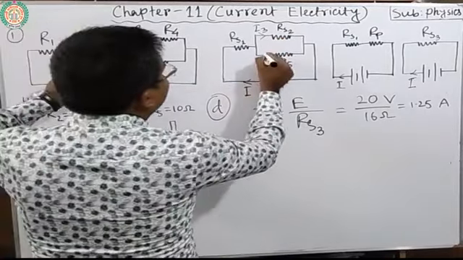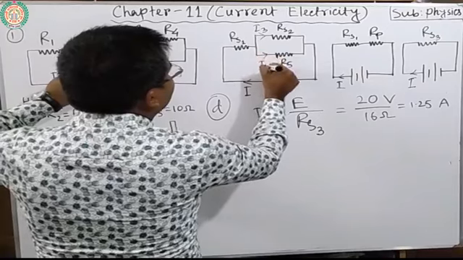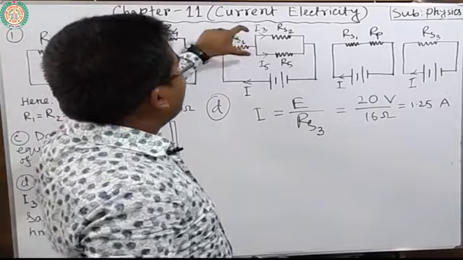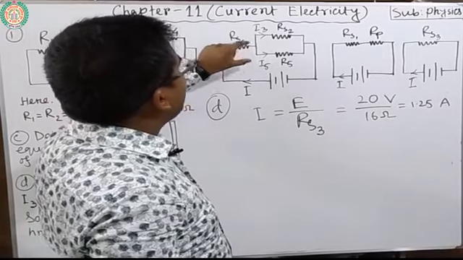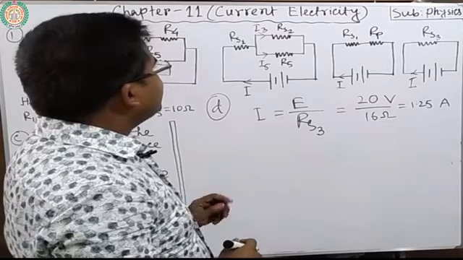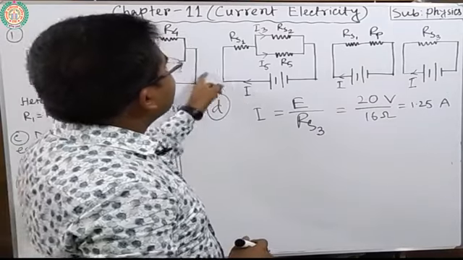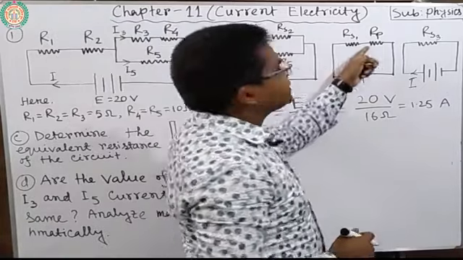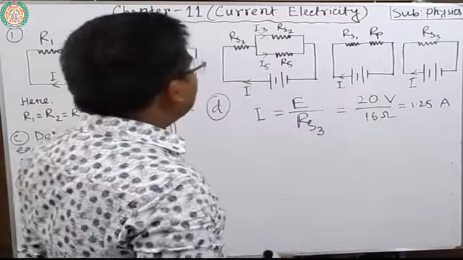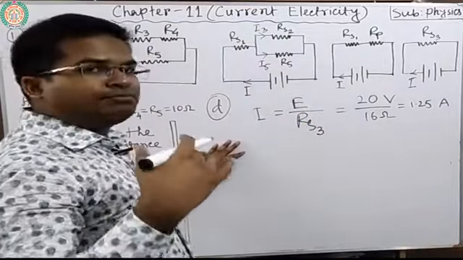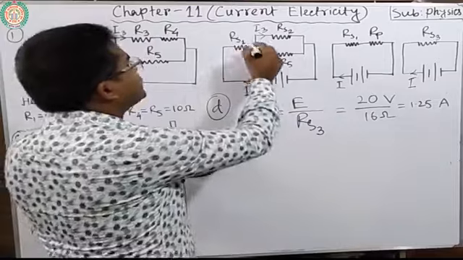And I5 will be here, I5. As I3 and I5, the current is divided into two parts in this case. So dear students, I current is going through this circuit, that means I current is also going through this circuit. So if you determine the I3 current and I5 current, you have to know as I is equal to V divided